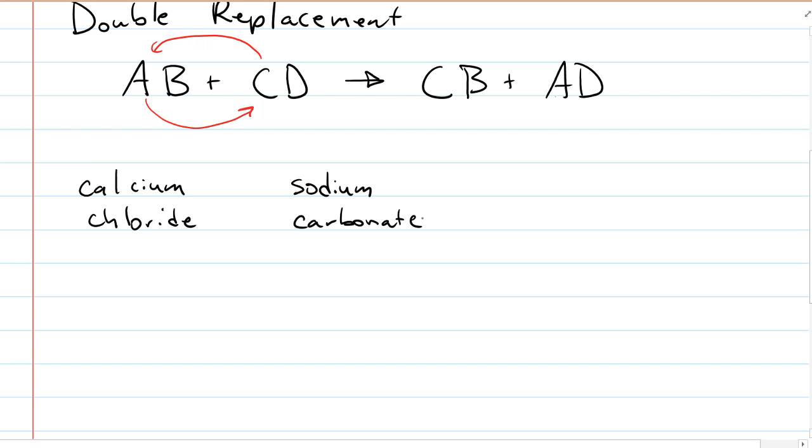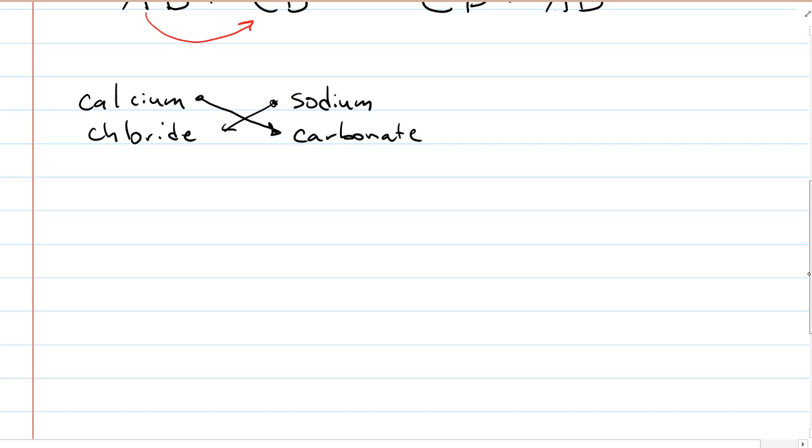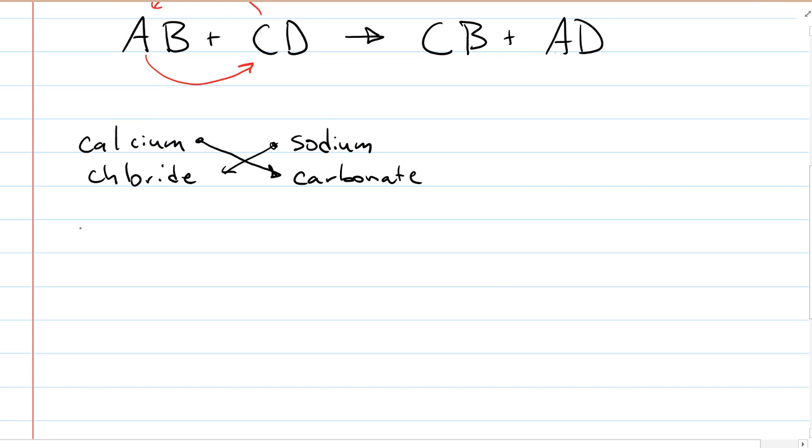So now, if we want to write out a chemical equation for what just happened, we need to remember how double replacement works. Calcium had been paired with chloride, but now if it trades places, calcium will be paired with which stuff? Carbonate, and sodium would be paired with chloride. So again, it goes through that double replacement, and then we could go ahead and write out a chemical equation that shows what just happened. We started with calcium chloride, so it's going to be CaCl2,